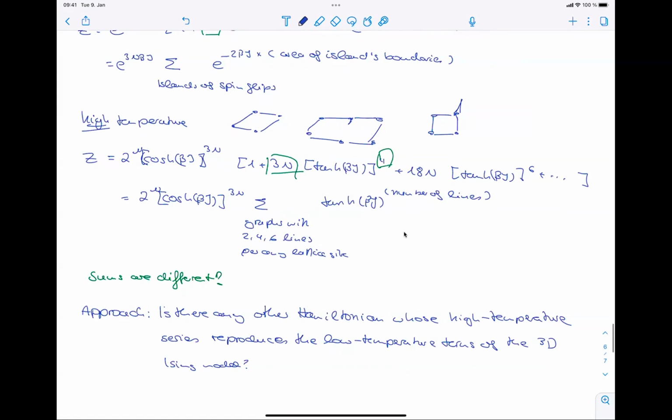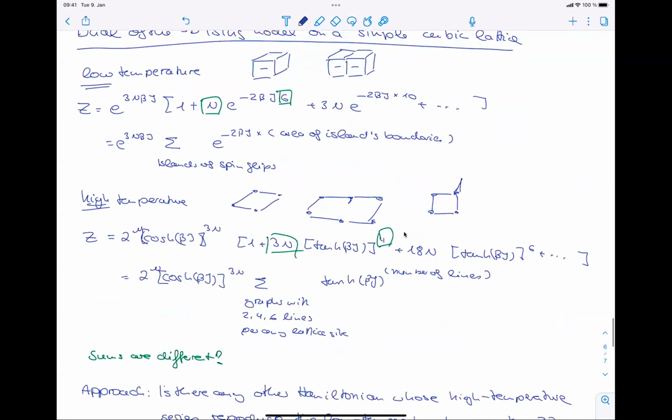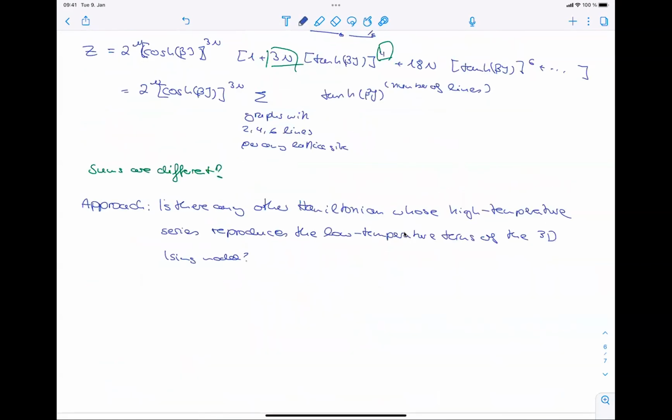And indeed, there is. So I want to find another Hamiltonian where doing the high temperature expansion, which means tracing out graphs, would actually reproduce the geometrical structures of these cubes that make up the terms of my low temperature 3D Ising model expansion. And so the solution is